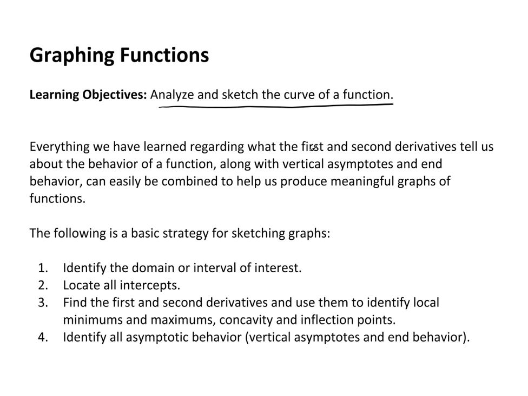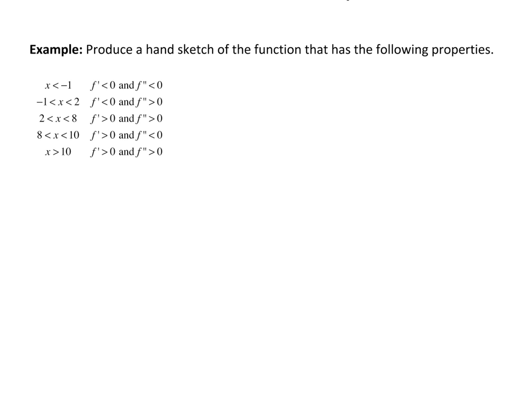So once I do all of that, essentially all I'm going to do is piece the thing together, and I get a good idea of what the graph of the function will look like. So before I do a real example, let's jump into kind of the results of an example. I may have a situation where I know that for x less than -1, the first derivative is negative and the second derivative is negative. So what does that tell me about my function